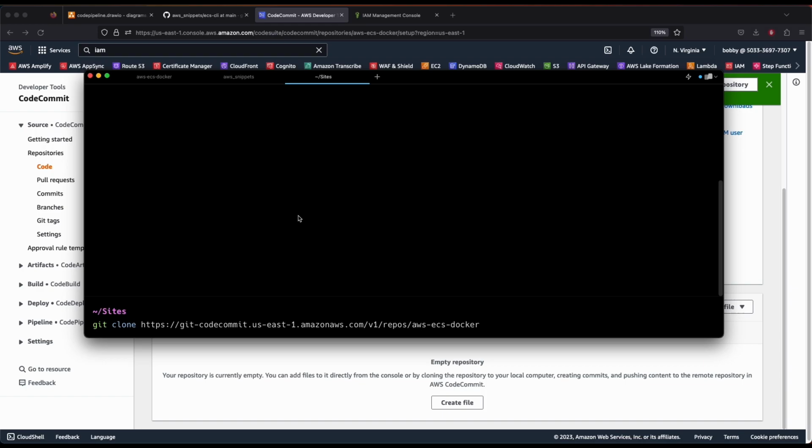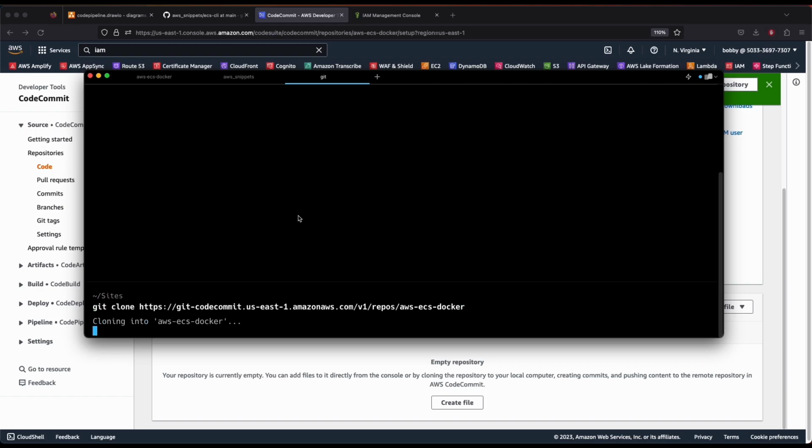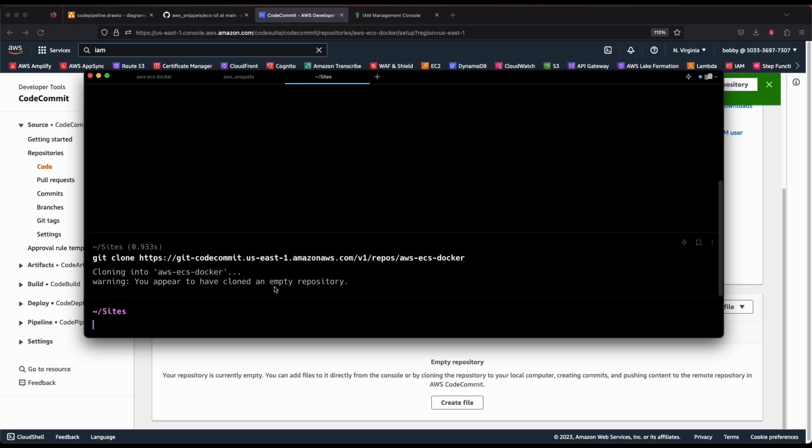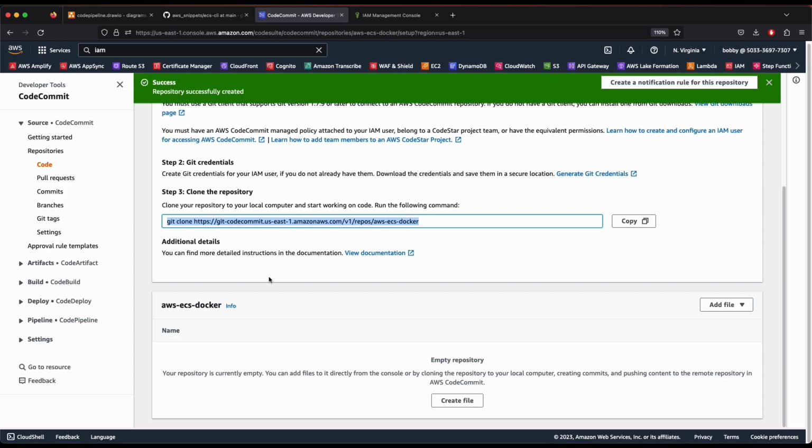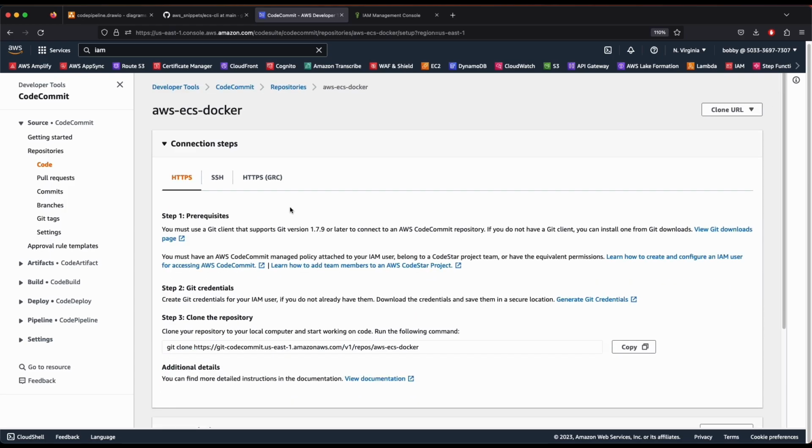I'm gonna do a git clone over here. Alright, so your repository seems to be empty right now because there is nothing over here and there are no files. Okay, what I'm going to do now is simply close this notification,